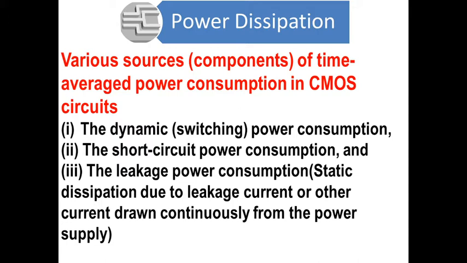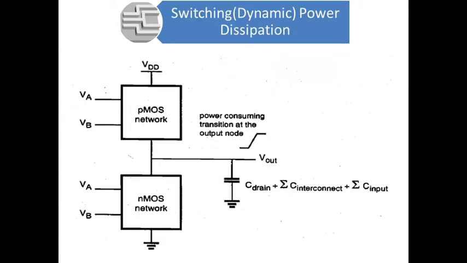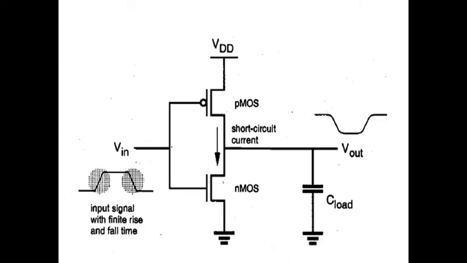we learn about the dynamic power consumption. This is a general structure of a CMOS circuit. It consists of a PMOS network and an NMOS network. At the output of this network, I have shown a capacitor called the load capacitance, and it comprises the drain capacitance, the interconnect capacitance, and the input capacitance of the next circuit to which you are going to apply the input. To learn about dynamic power dissipation, I will take a standard CMOS inverter circuit.